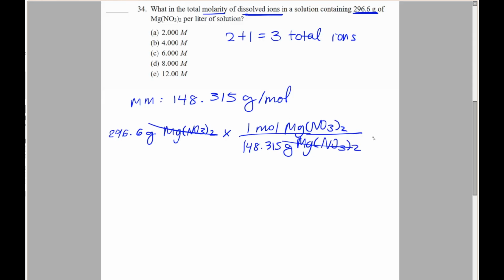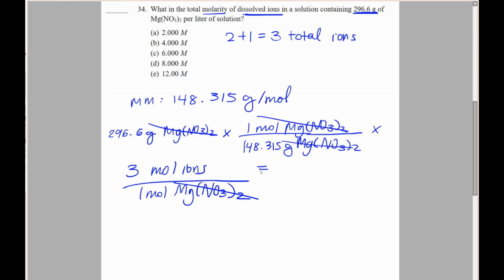And then we have to do the second step, which we previously established, that we need to account for the number of ions that it dissolves into, not just the amount of MgNO3 in this solution. So we just multiply this by 3 moles of ions for 1 mole of MgNO3, and then these cancel out. So we get our desired unit, which is the number of moles of ions. So if you plug all of that into your calculator, you're going to get approximately